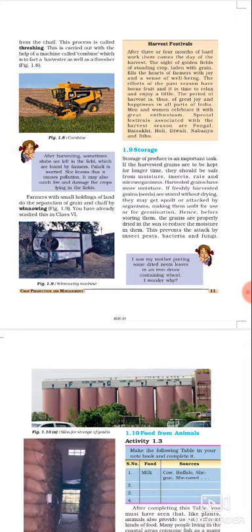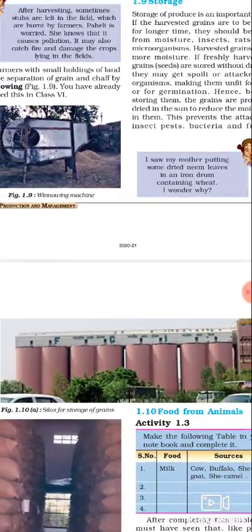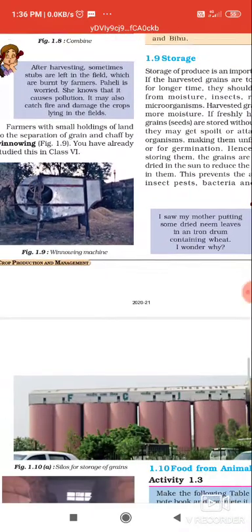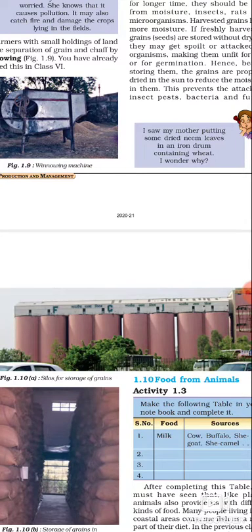But what if you want to store the crops on a large scale? So these can be stored in silos. So what are silos? Silos are the large structures that are used to store the crop on a large scale. या तो silos में करो या तो granaries में करो. इसलिए प्रोटेक्ट करते हैं ताकि पेस्ट और रैट का और इंसेक्ट्स का इन पे अटैक ना हो सके.